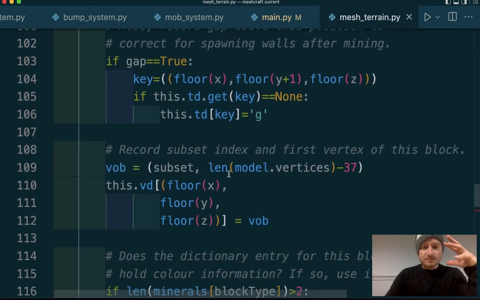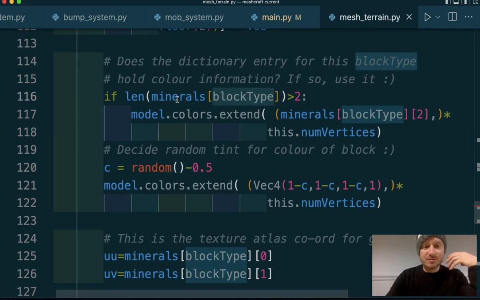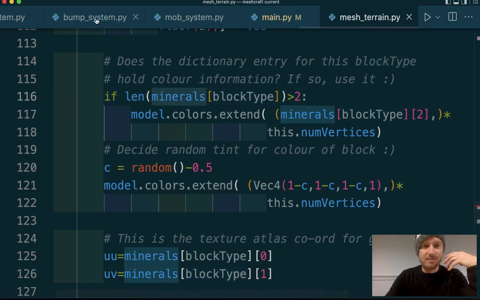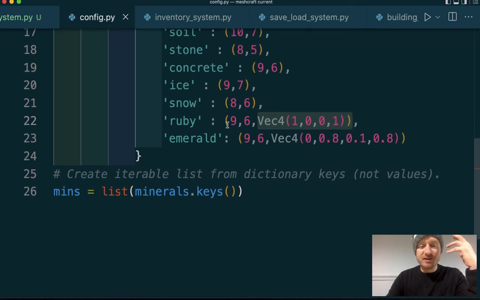Now that we can refer to the block type and more especially the minerals dictionary, which is on our config module, here we go. Inside this dictionary called minerals, just referring to block types really, we've got strings for the different minerals, grass, soil, stone, and so on. And then the data at each of those dictionary entries is a tuple of UV coordinates,